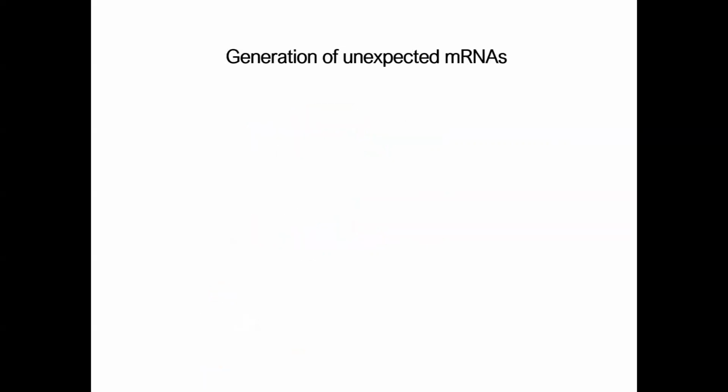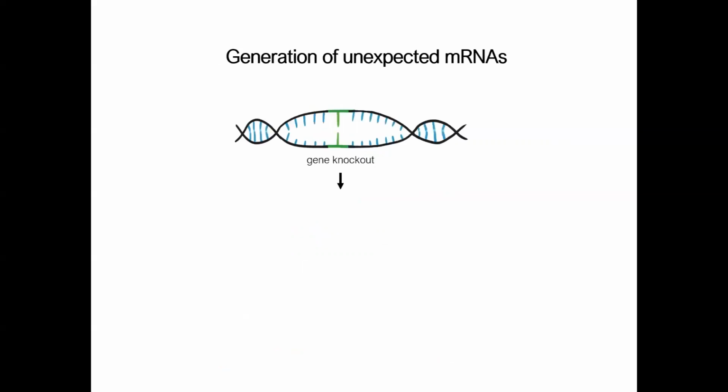However, mRNAs can also arise unexpectedly and lead to the formation of new proteins, which can be overlooked by the developer. Here you can see a gene knockout in the target gene induced by CRISPR-Cas. The intended changes at the target sequence can lead to the formation of unintended mRNAs by an effect known as exon skipping. During exon skipping, the intended change at the target site, shown in the figure in green, changes a region of the DNA sequence that is important for the correct composition of the corresponding mRNA.